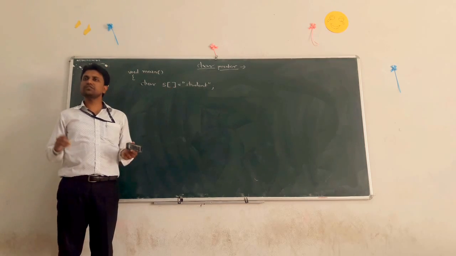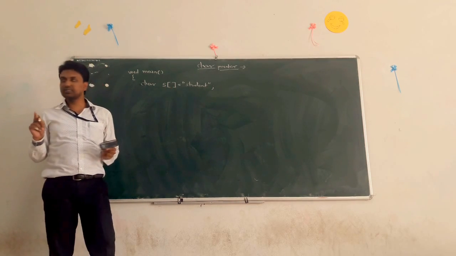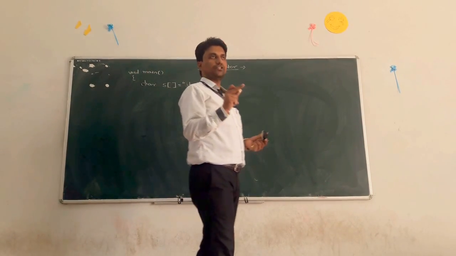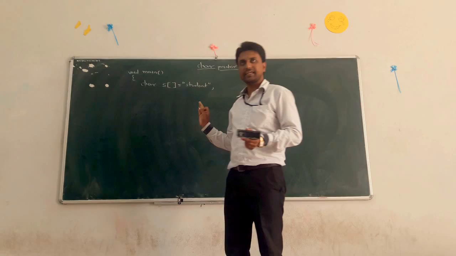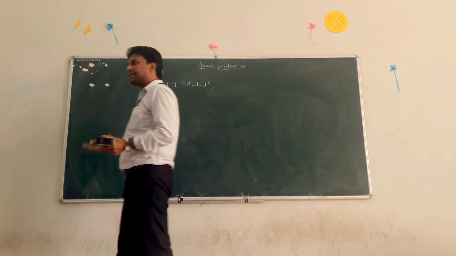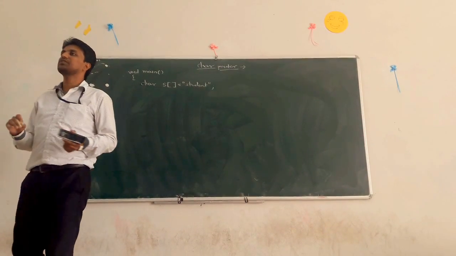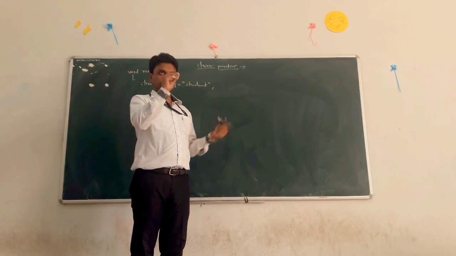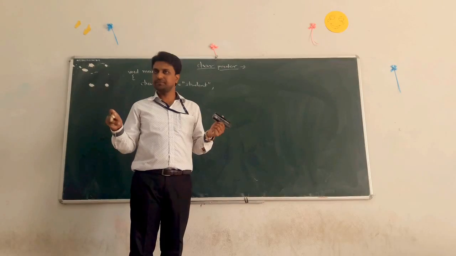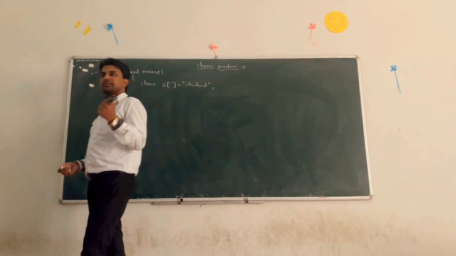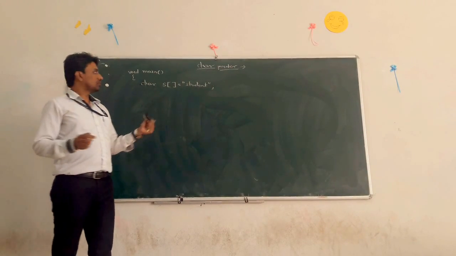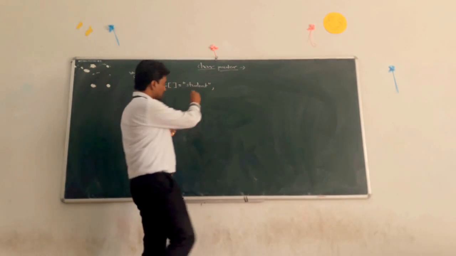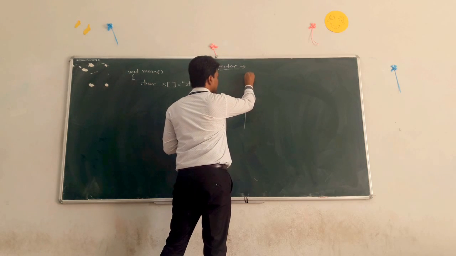We cannot give the size, but one most important thing is every string must end with the \0 character, that is called the null character. That null character is automatically added at the end of the string by your compiler. At the time of initialization you don't specify \0, but it is automatically added by the compiler. Clear? So that much memory is reserved now on the RAM.